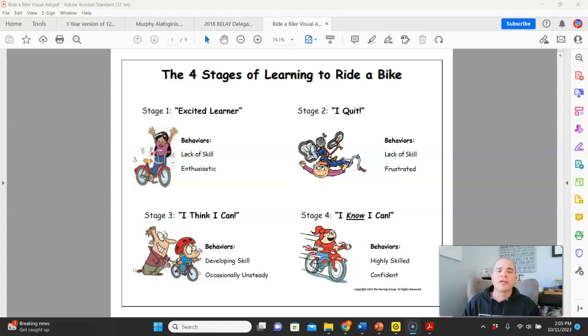So if you have somebody and they're getting started, they're going to start out in stage 1. I remember teaching my daughter, Michaela, who is now 20, how to ride a bicycle. And we were living in a subdivision at the time, and there was a loop at the top of the subdivision. It was one road up, one road down on the other side. And at the top there was a loop, and the development was on a hill. Most of it for the up and down part. And then at the top, it was pretty flat.